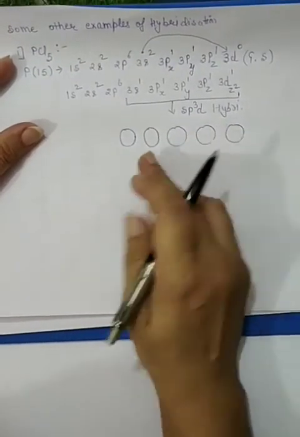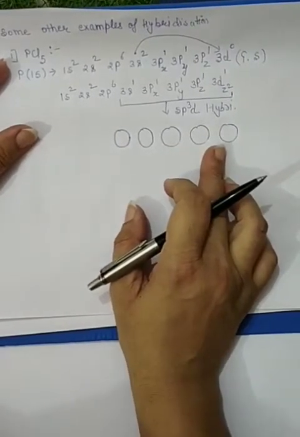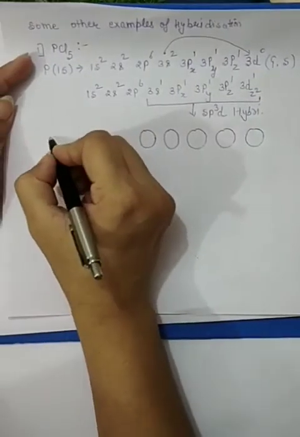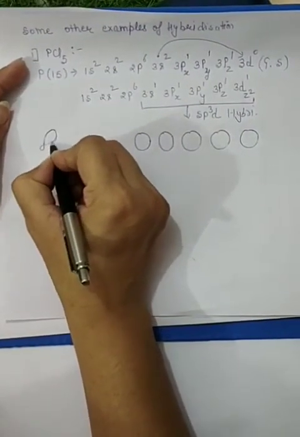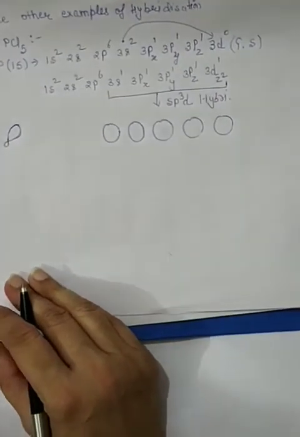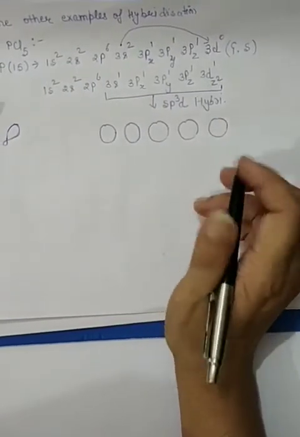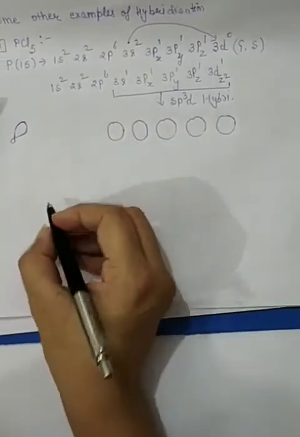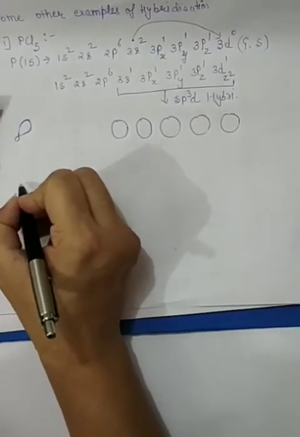Remember, the shape of a hybrid orbital is not spherical. The shape of a hybrid orbital is a dumbbell shape, in which one lobe is bigger and one lobe is smaller. So it is our assumption that we treat these hybrid orbitals as a square one. Now what about the chlorine electronic configuration?